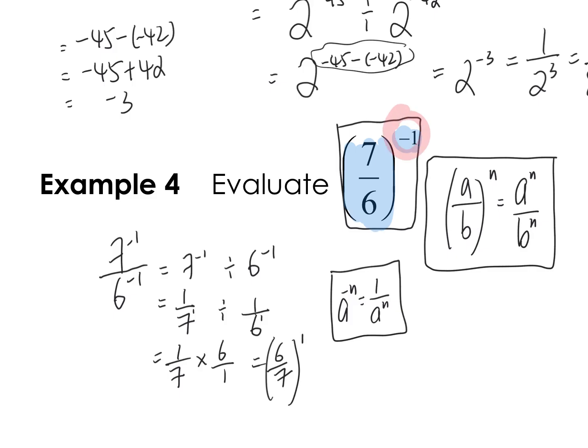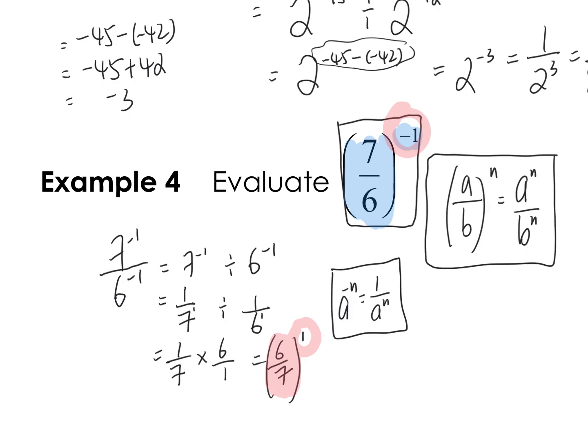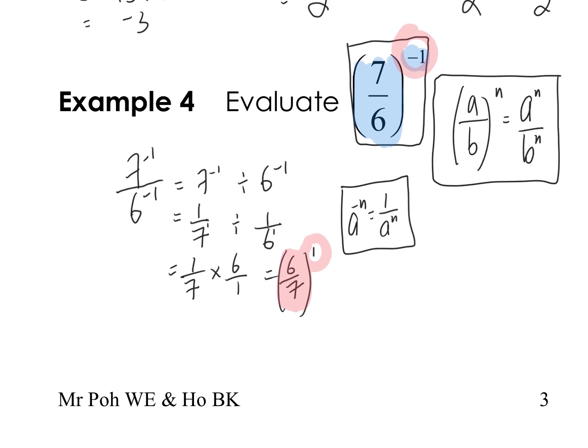From negative 1, you change to positive 1. The shortcut is actually flipping the fraction inside. So in other words, if I have a over b to the power of negative n, I